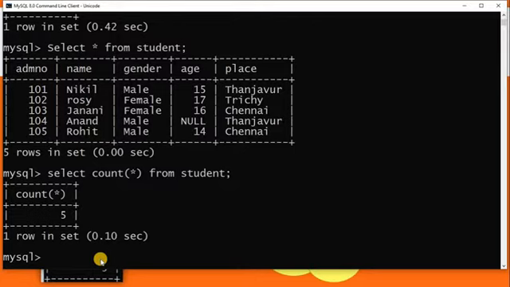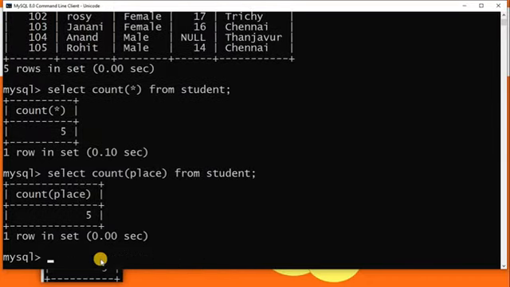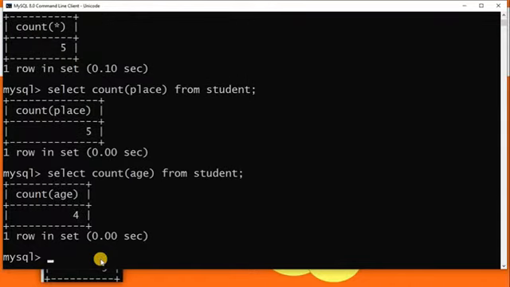We can also count a specified column. To count a specified column, we have to give a query like select count place, from student. See, there are 5 records, so it will display 5. See this example. Select count age from student. See what is the result? 4.